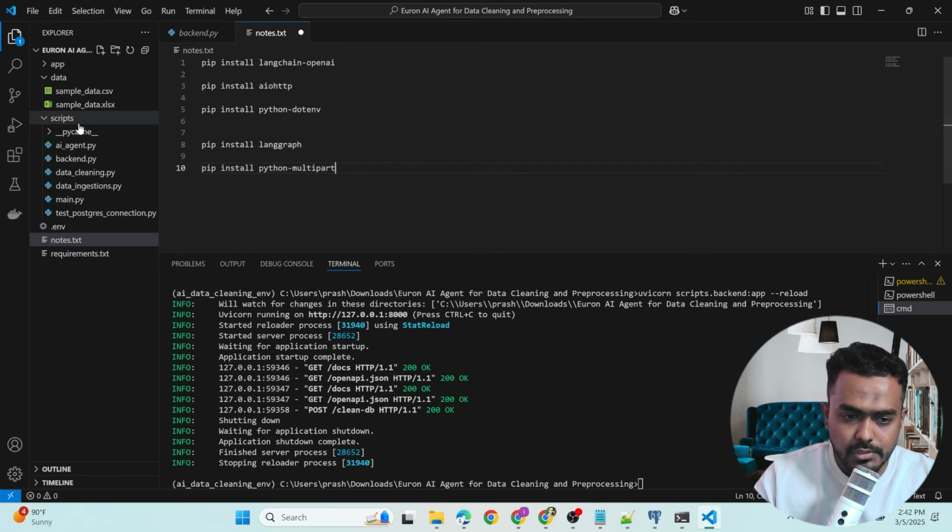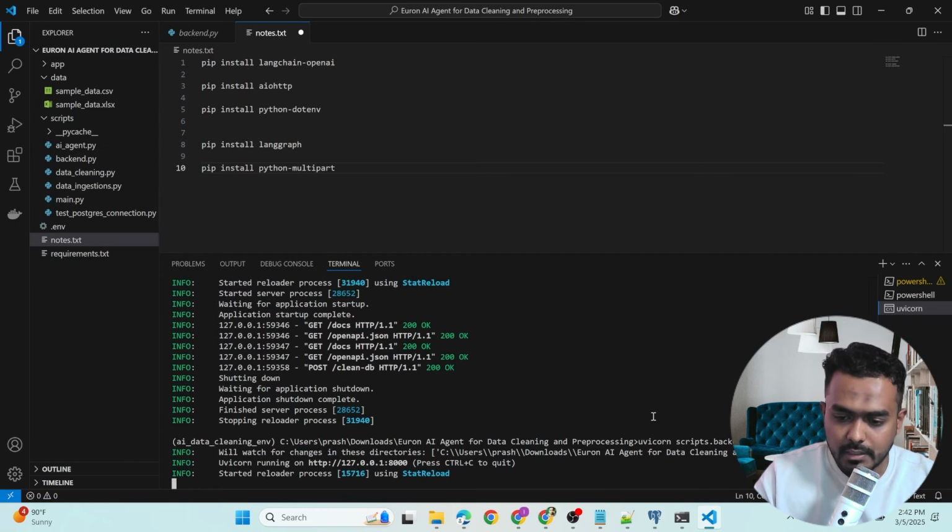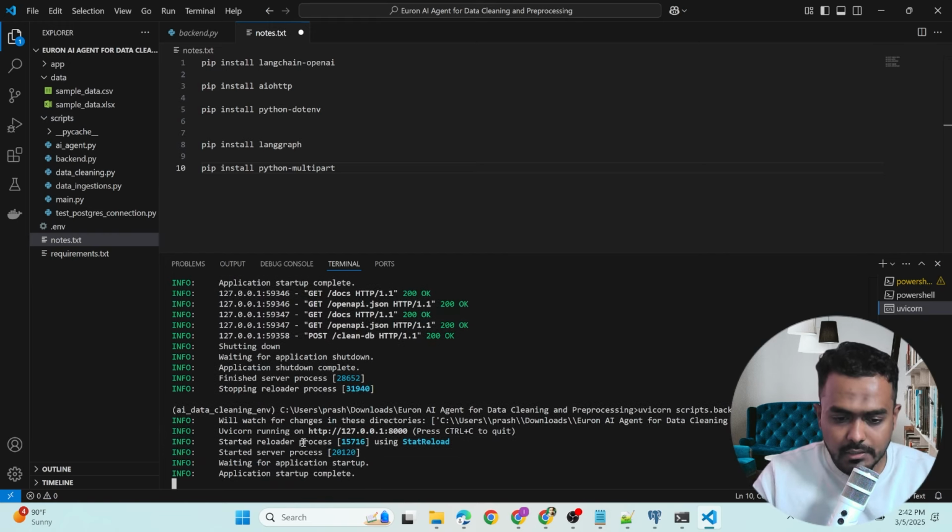Now once you are done with everything, make sure you have all the sample data. First let's test our project with respect to the FastAPI, that is the backend. Then we're going to run the Streamlit. To execute the FastAPI, you need to run this command: uvicorn scripts.backend. Inside the scripts we have backend.py. I'm loading that, and reloading it with the help of this flag. It should start the application